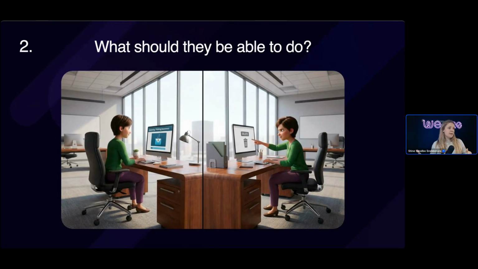Or, for example, in leadership training, what is constructive feedback versus what should you do when there's an employee that doesn't deliver on timeline? How should you approach that employee? So the learning objective is very fundamental, but I believe it's important to highlight it as a first step before